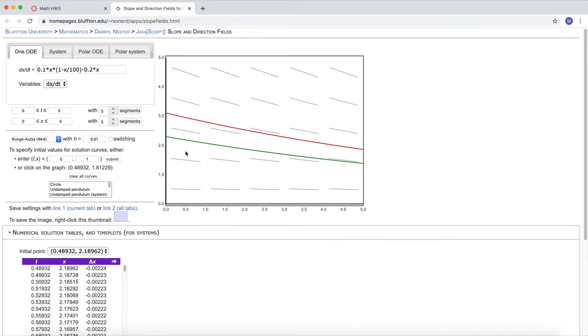And there you see solutions. Is this solutions in the state space or is this a time series? Because I was used to seeing the time plot down below. It says time plots for systems. But remember, when we're in one dimension, the state space itself is also one-dimensional. So if I wanted to see just the state space, I would just be seeing a number line.